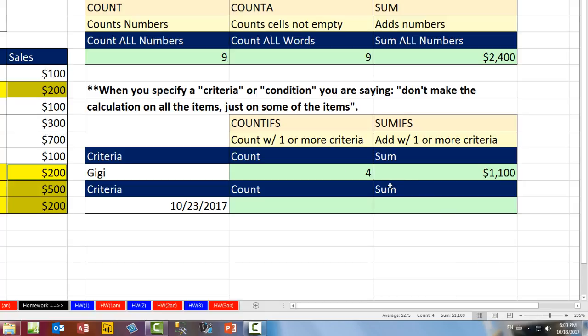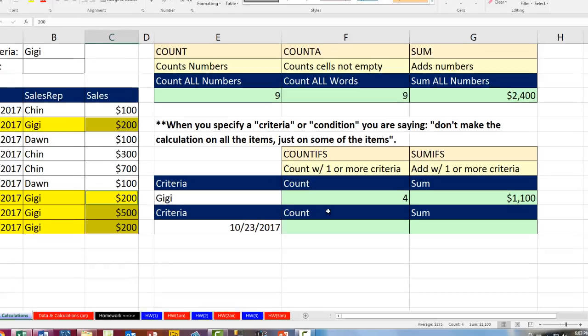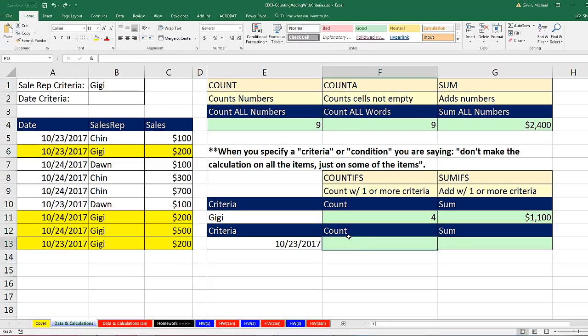That's exactly what our functions got. Now, our last two examples are going to be not counting GG sales. We want to count just the sales on 10/23/2017. So I'm going to delete this up here, and I'm going to type 10/23/2017 and enter. Now, I added some visual cues here just so we, as we're learning, understand that the COUNTIFS